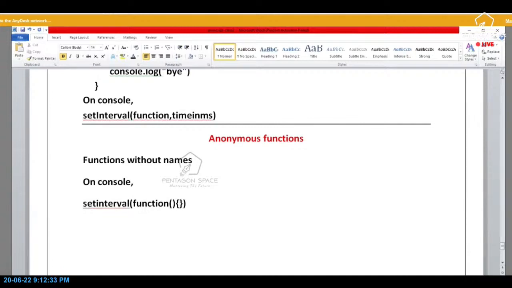What is the body of the function? console.log of anonymous function. Then you have to put the time interval. So what was that time interval? For every